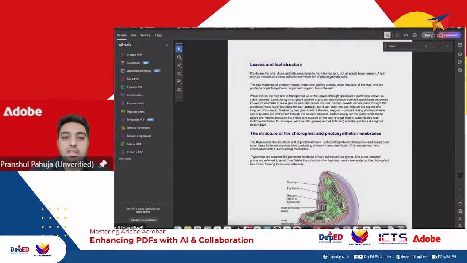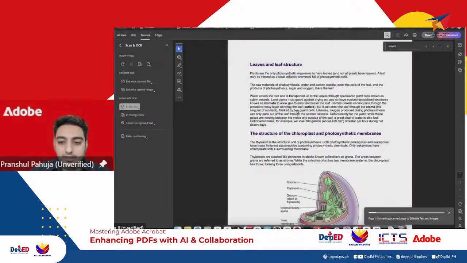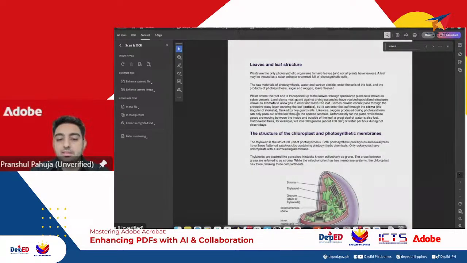So what I'll do is, in this case, I will go back to my Adobe Acrobat, and there is the option on the left, which is called Scan and OCR. So when I click on Scan and OCR, again, it uses the AI capabilities built within Adobe Acrobat to scan the contents of the document and make this document readable. So I'll go over here and click on recognize text. Now what this will do is scan through the document and make it readable.